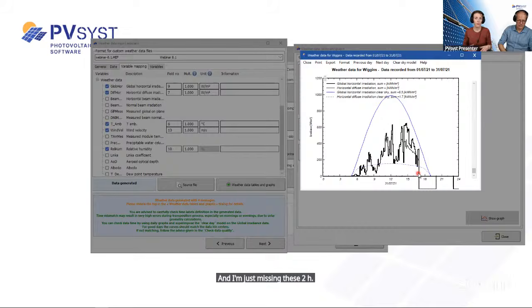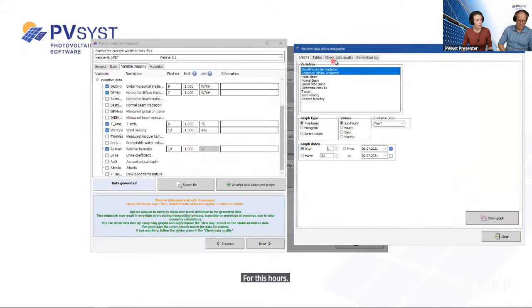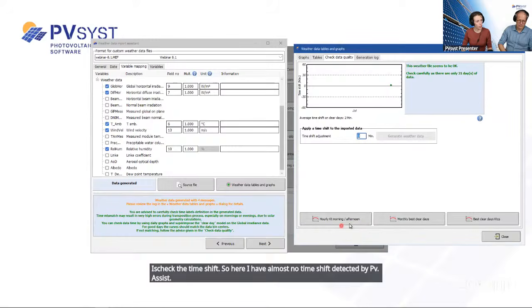If you ever have global irradiance missing in your data file, it will be displayed like this, and this will be simulated as 0 irradiance for these hours. And finally, maybe one last check I might want to do is check the time shift. So here I have almost no time shift detected by PVsyst, but I can still check if that is correct